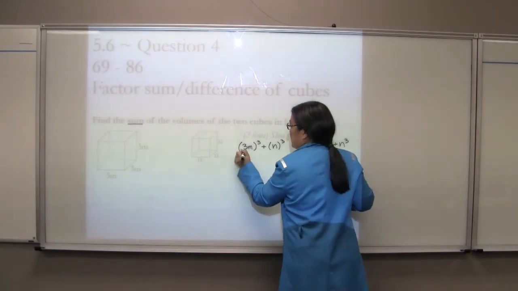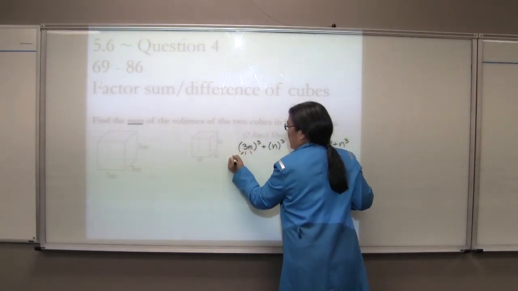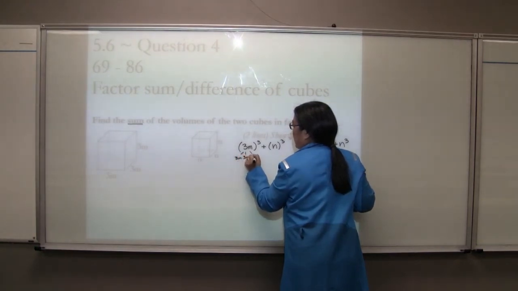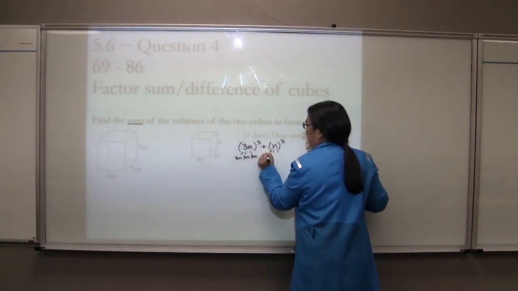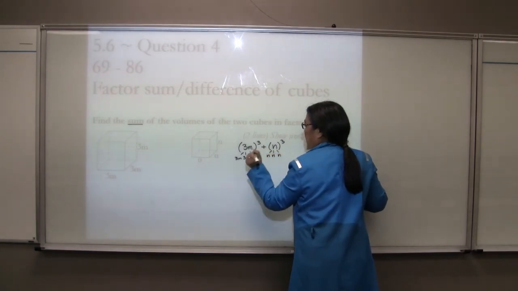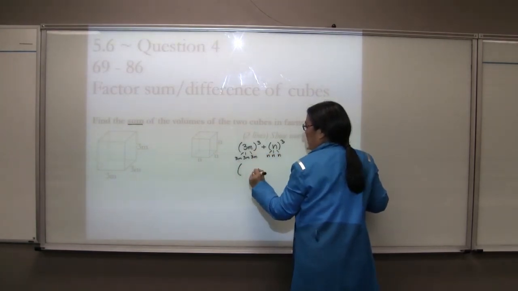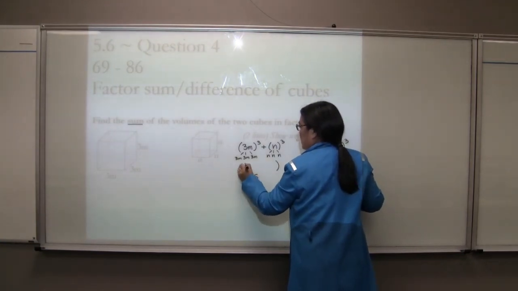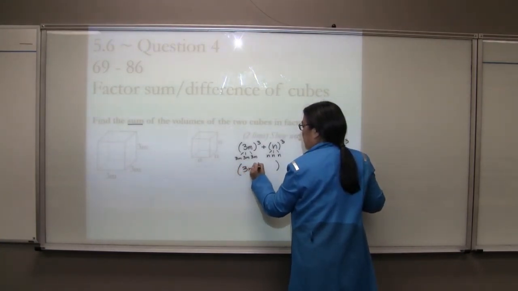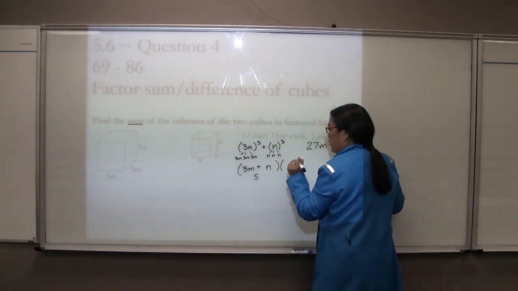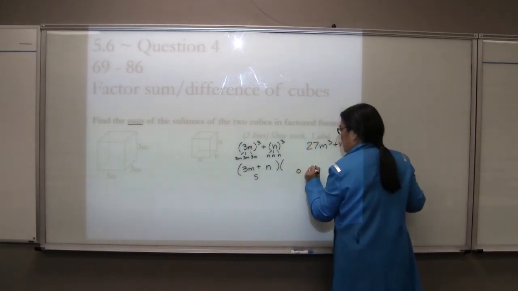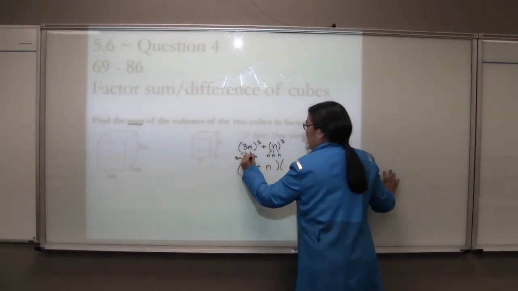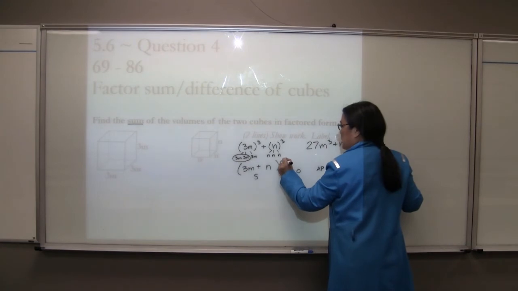Here, we're going to take this, and if you remember from before, we're going to break this up into 3m, 3m, and 3m, and break this up into n, n, and n. The first is going to be a binomial using same. So one of these and one of those. 3m, same sign plus n. Then for the trinomial, finishing off, so same, opposite, always positive, we're going to use 3m times 3m, which is